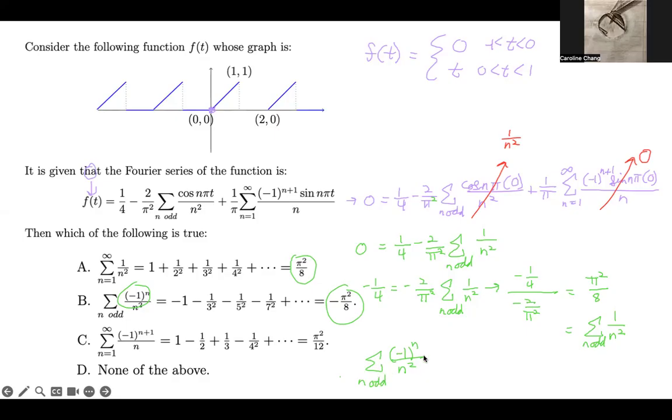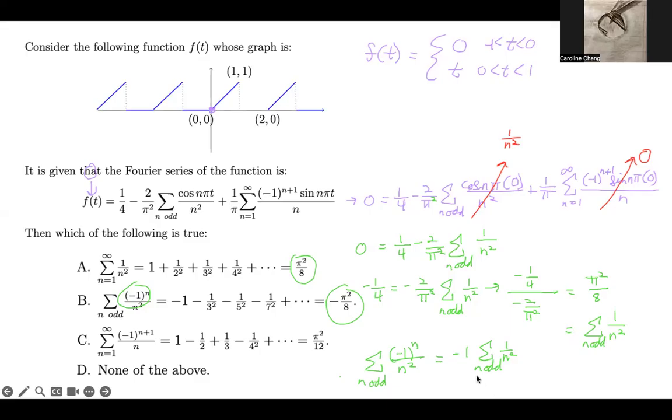is basically equal to negative 1 times the summation when n is odd of 1 over n squared. Because negative 1 to the power of n when n is odd is always going to be negative 1, because n is always going to be an odd value, and negative 1 to the power of something odd is always negative 1. So since we know that sigma when n is odd of 1 over n squared is equal to pi squared over 8,